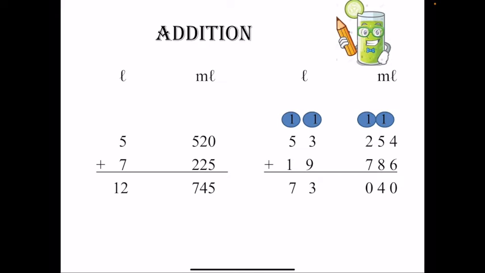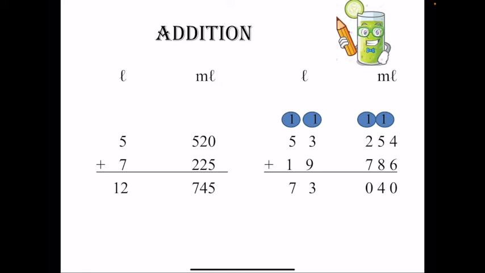Okay, so the answer is 14. So 4 I will write here and 1 again I will carry to the next column, and there again I have 7 plus 2 I already have, 1 I have carried. So all these three, when I add them up, will be equal to 10. Understood? So 10, 0 I will write and 1 I will carry to the next column. In the next column it is 9 plus 3 plus 1. So I will add all these three numbers, and I get the answer 13. So 3 I will write here and 1 again I will carry forward to the next column, and there I have now 1 plus 5 plus 1, and that is equal to 7.